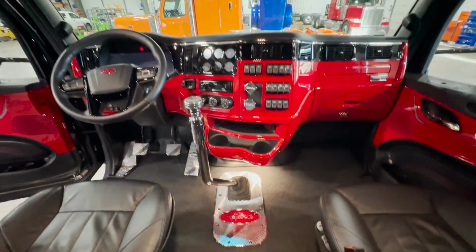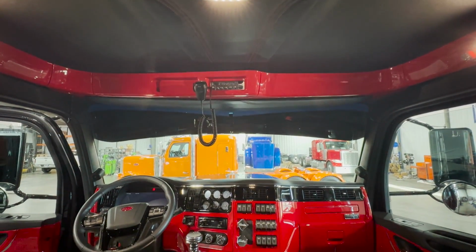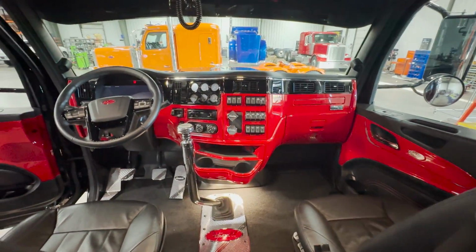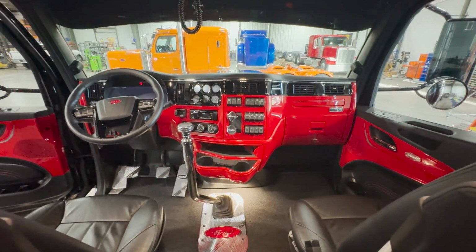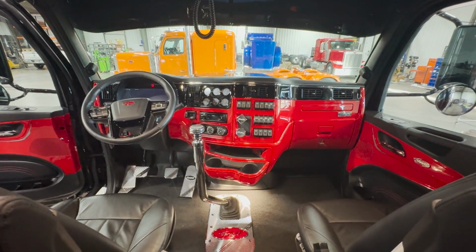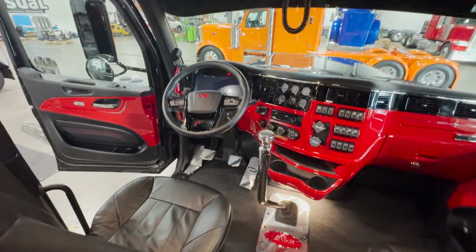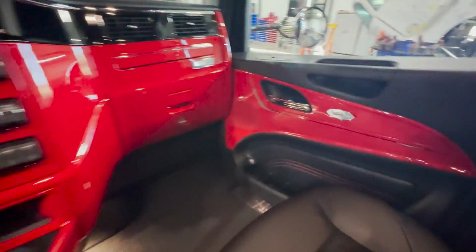So here on the inside, standing back, you can see we've got our headliner. Our upper console's painted red. And then we got our dashes all red, black, and chrome. A little bit of pinstriping. It's pretty awesome. And one of the things that, you know, this takes a while to do. There's a lot of texture in the dash pieces, so you're doing a lot of sanding and priming and sanding and priming before you can really get a nice slick paint job on it. But I really think overall, when it's said and done, it definitely has that hot rod feel to it. How we're doing that pinstriping